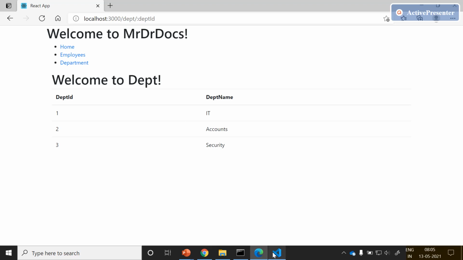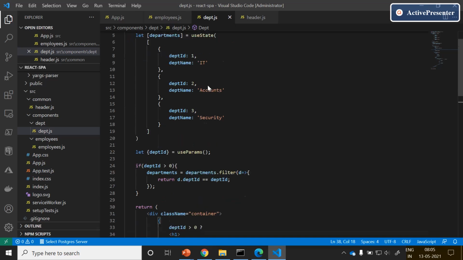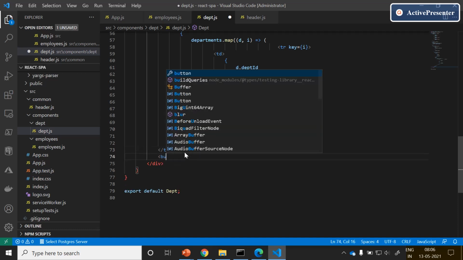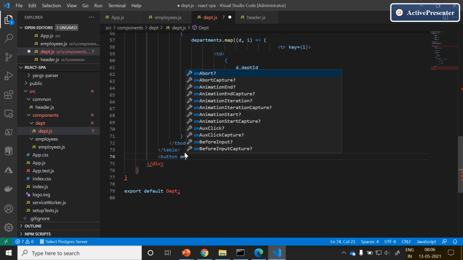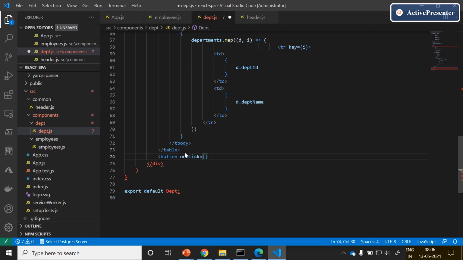Now we'll try to use useHistory to navigate back to the employees page. Scroll down, and below this table, try to add a button which navigates back to employees.